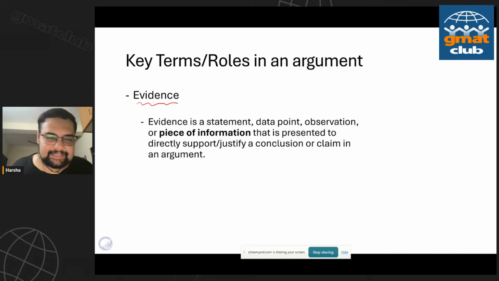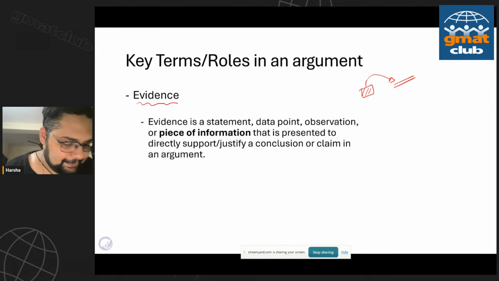So what is evidence? With all of boldface, I want you to think in terms of real life. Your critical reasoning, and this goes beyond boldface, it's an extension of real life. So in a lot of things, if you want to understand what a term means, think real life. So what would be evidence? Evidence is something that I'm using to support a certain idea, right? So, I have some evidence to prove something. That's essentially what evidence is. So it's a statement, data point, observation, or a piece of information. End of the day, it is some piece of information that supports some other piece of information, right?